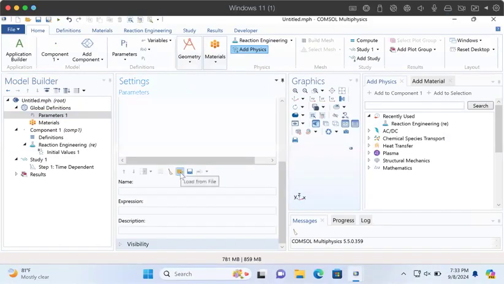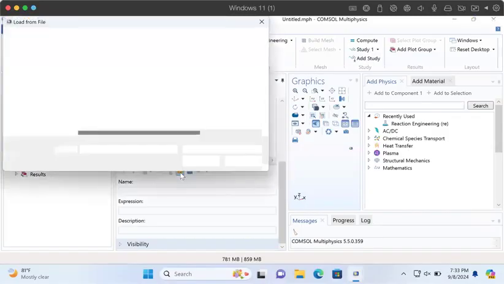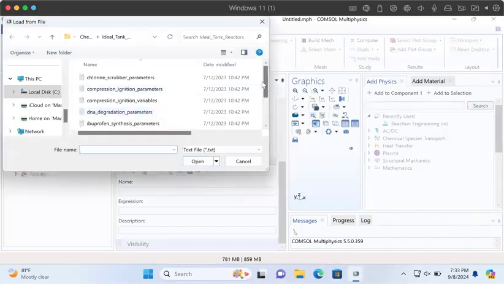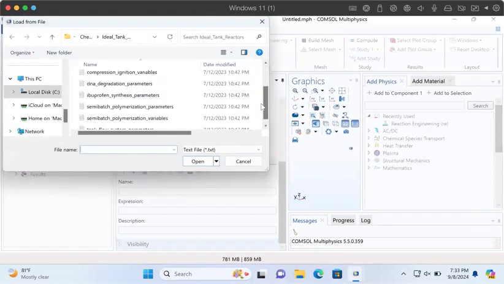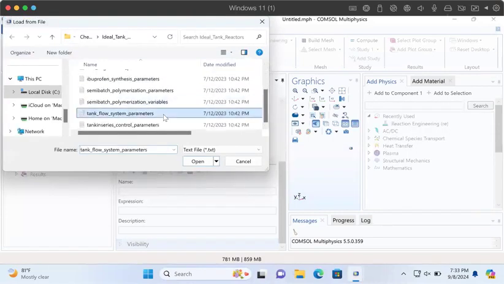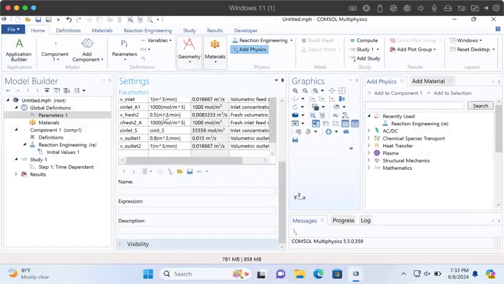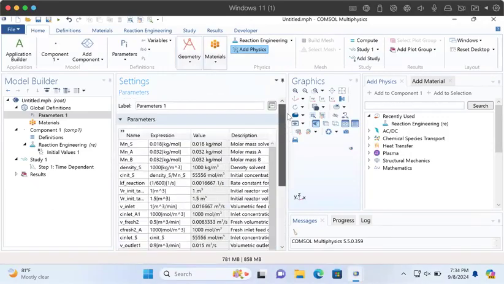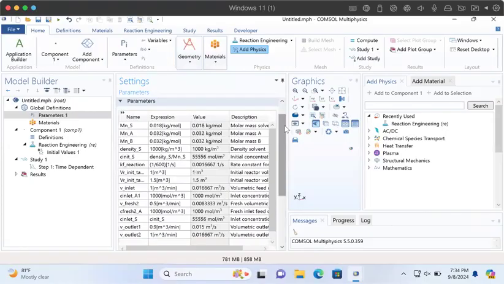So we choose the load from file, and we come here to select tank flow systems parameters. Okay, so now that we've added our parameters, now go to reaction engineering,